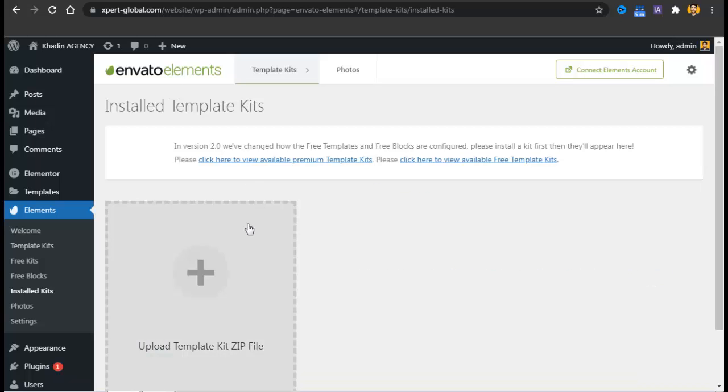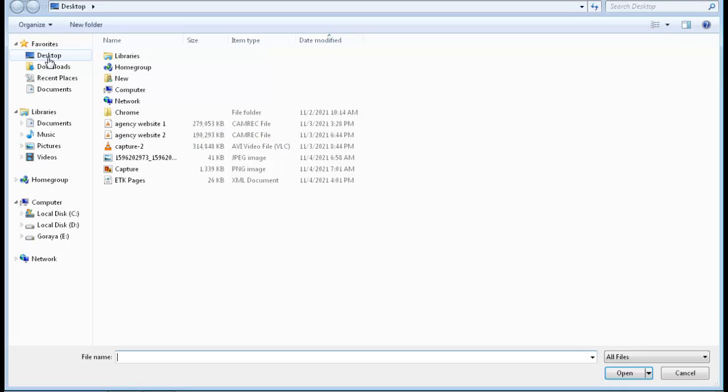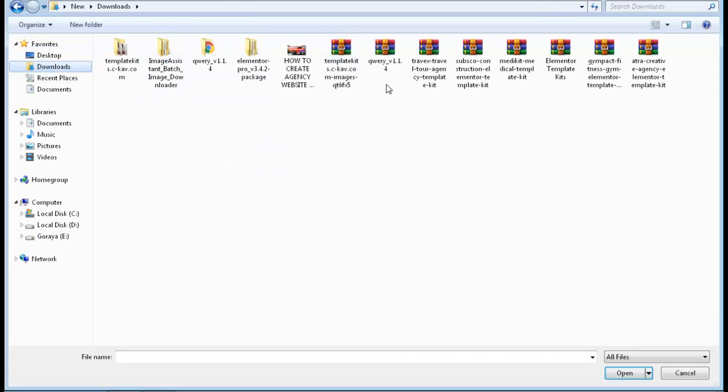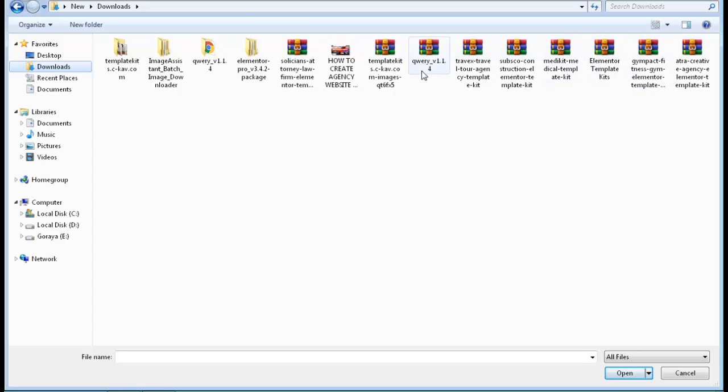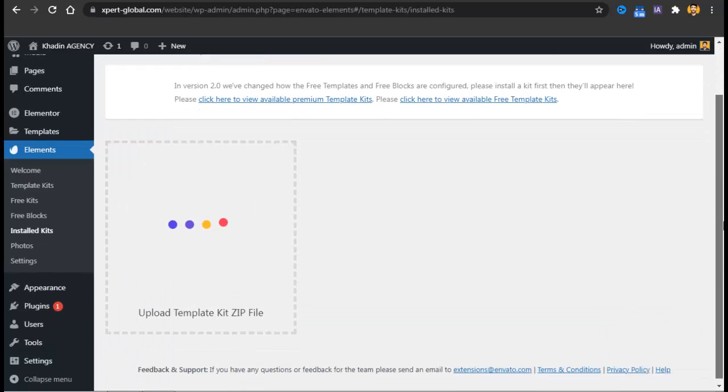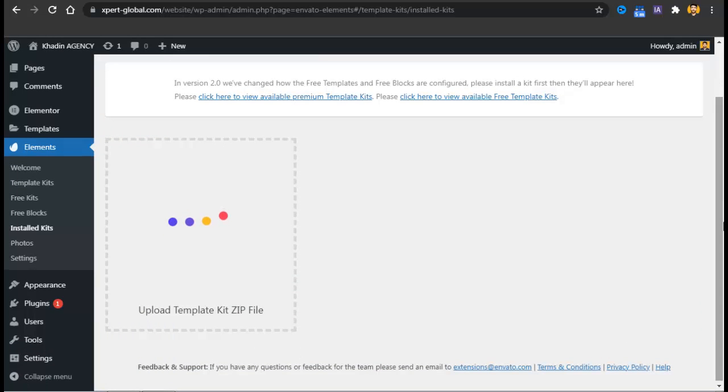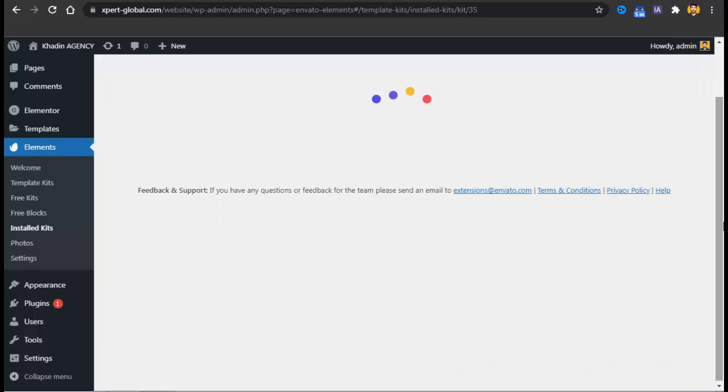Here you just have to click on upload template kit zip file, and a new window will open. Select the template kit you just downloaded. Let me check it. And here you go, this is the template kit file. Click on it and click open, and the template kit file will be uploaded to your website within a few seconds.